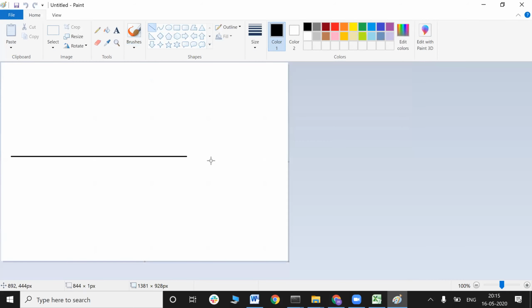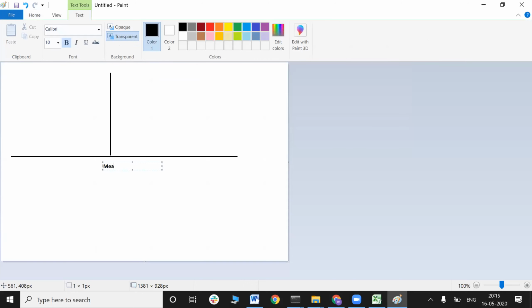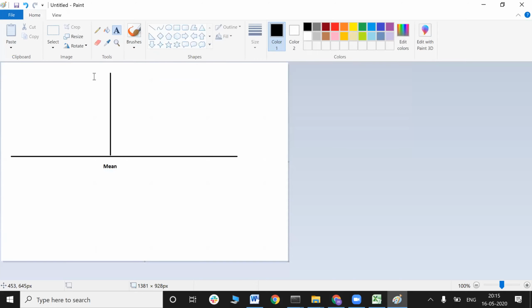Say this is my straight line, and this is my mean. Now I have all the points, right? These are my real observation points.